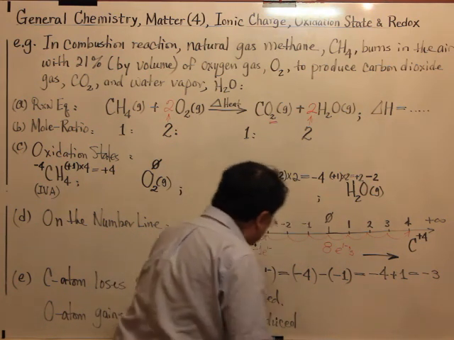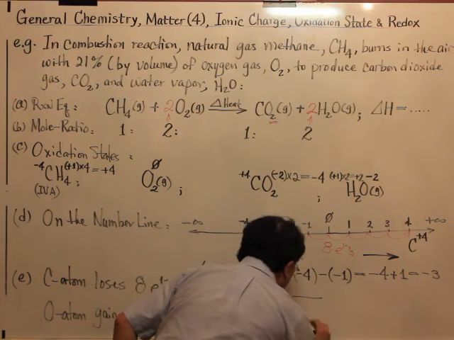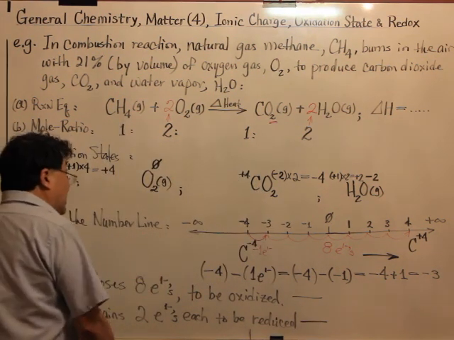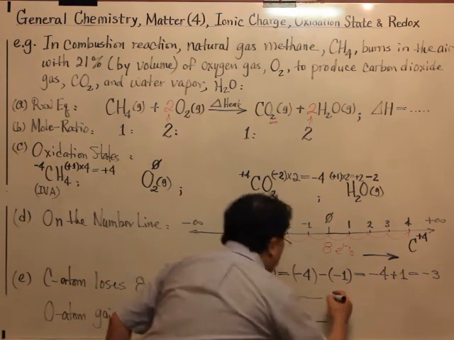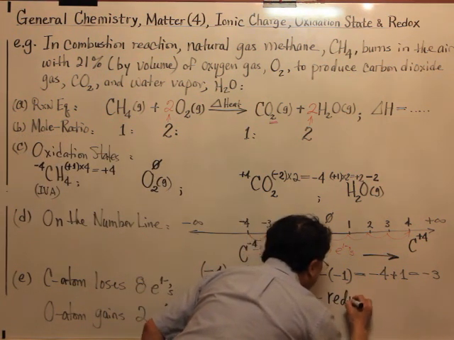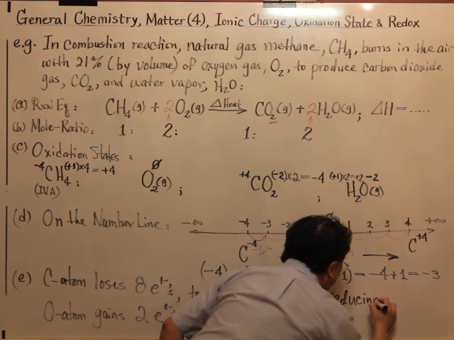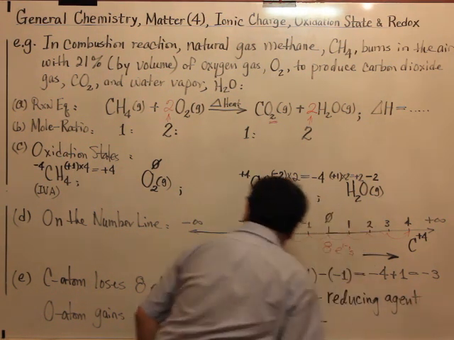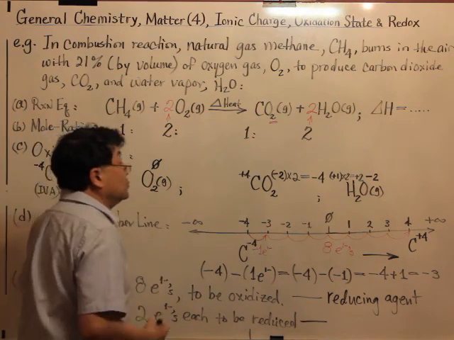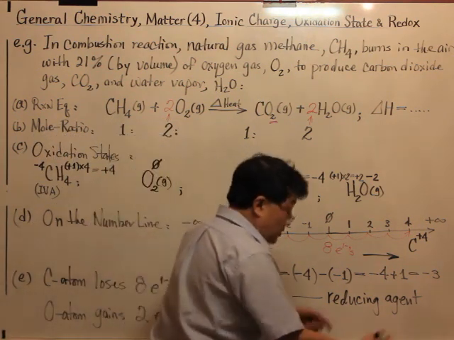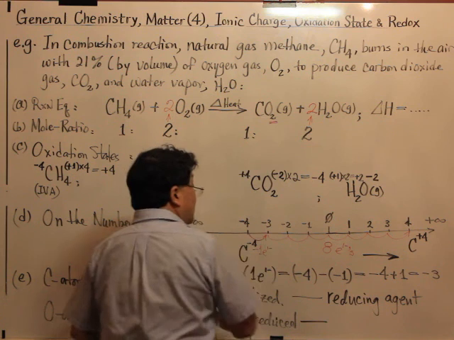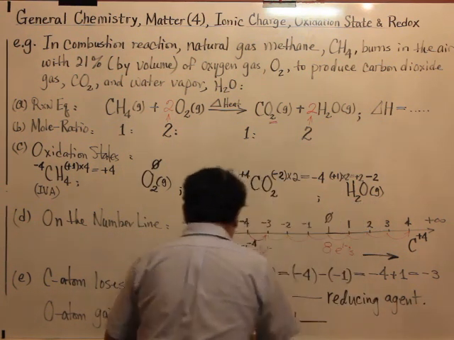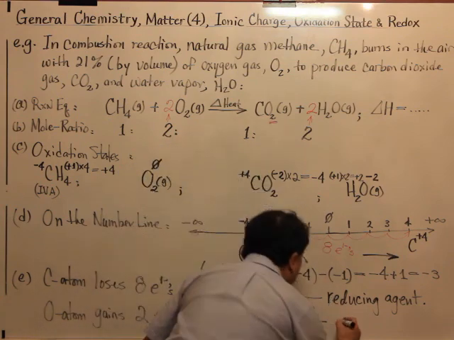And then we continue, we say if you are oxidized, you become a reducing agent, because the electrons were lost to the oxygen, going down to the left, being reduced, so you become an agent for reduction. And then whoever is being reduced becomes a